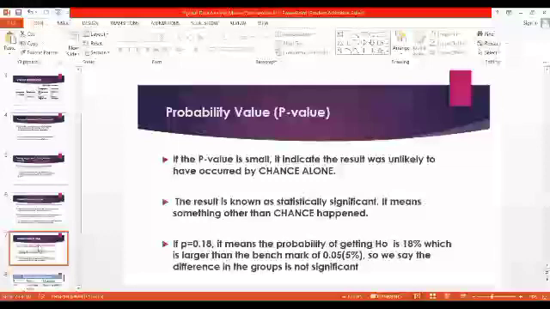And if you have anything larger than the benchmark, then we reject it and choose the other one. We remove the negation. We state that there is a difference, or there is an association. So it simply means if you have a large percentage